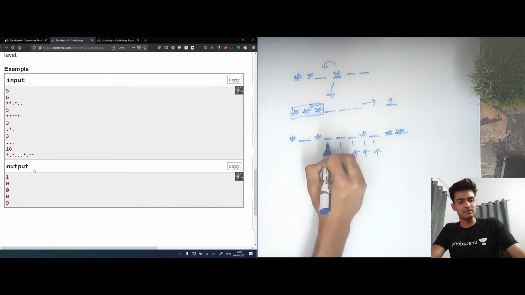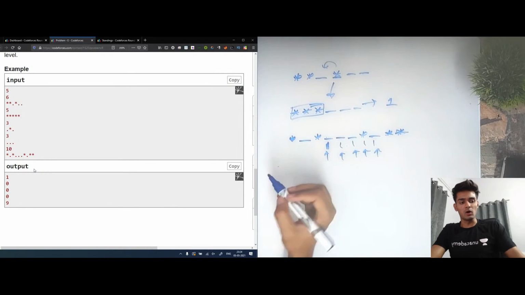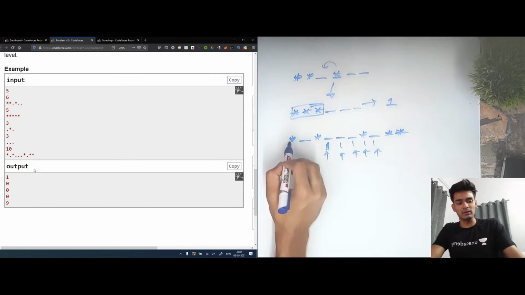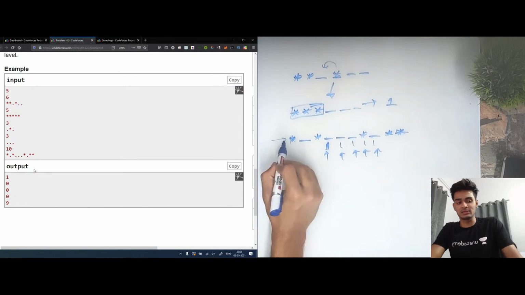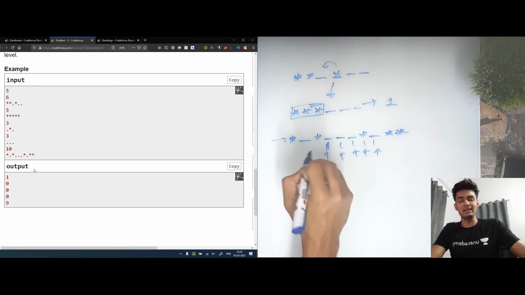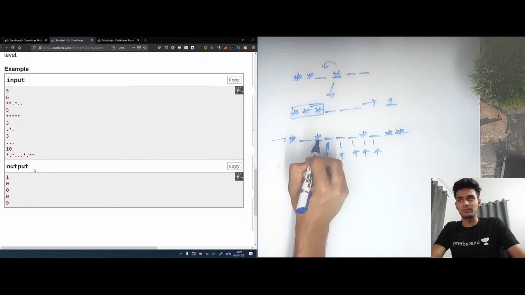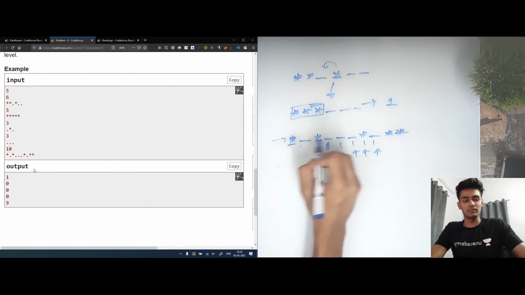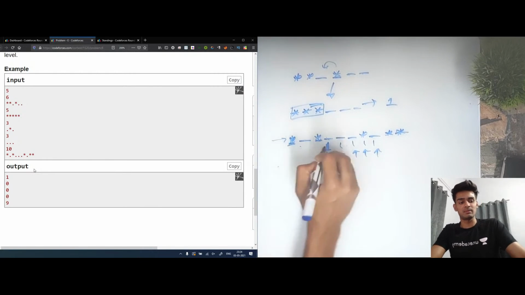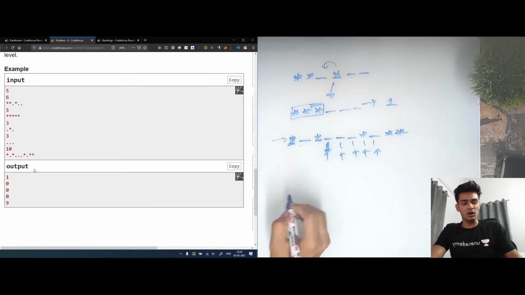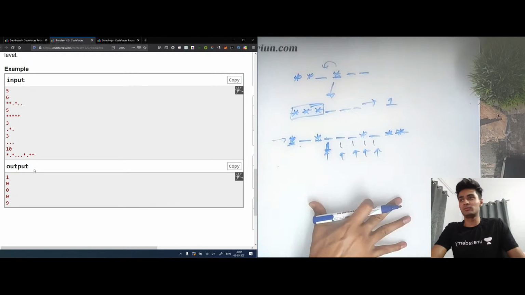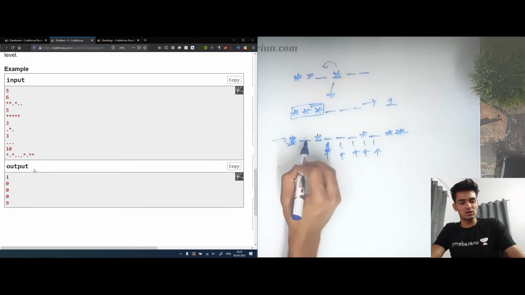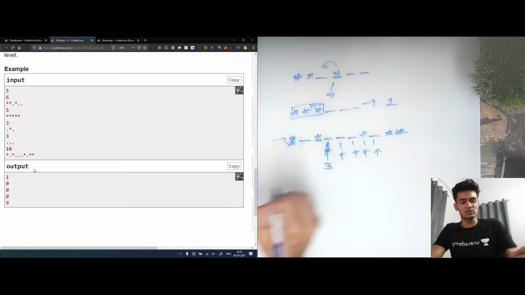The first sheep comes to here. Obviously, the best way to bring the first sheep here is to take the very first sheep in this string and take it here. If we take any other sheep, the cost would be much greater. Therefore, we always have to maintain the order of the sheep. So for this sheep, we bring it here, which costs us 1, 2, and 3. So this costs us 3.